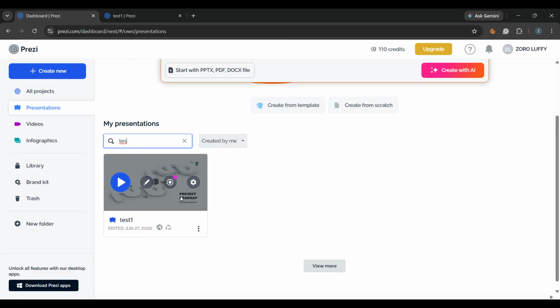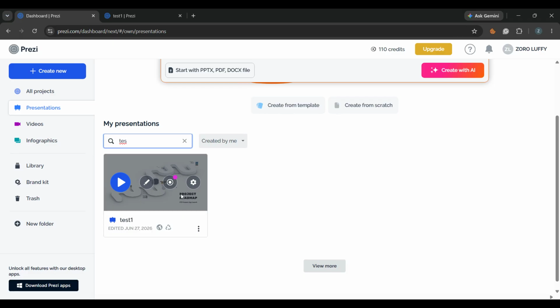For example, if your presentation was about marketing, sales, school, training, or a client name, typing one of those words may be enough to surface the right file. If you remember part of the title, enter that first and let Prezi narrow the results for you. If the presentation was shared with another person, you can also search by a collaborator's name to make it easier